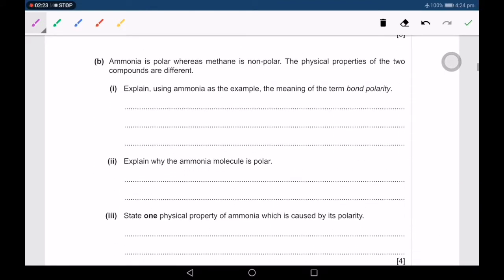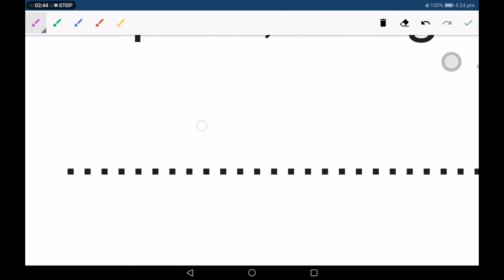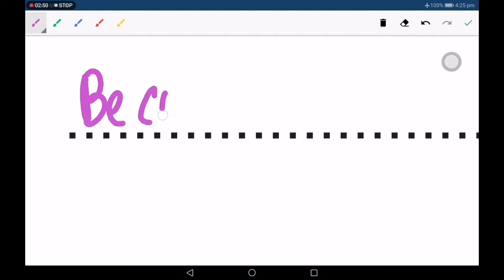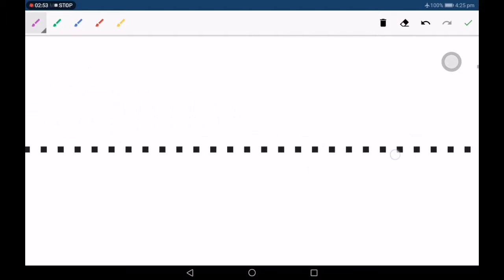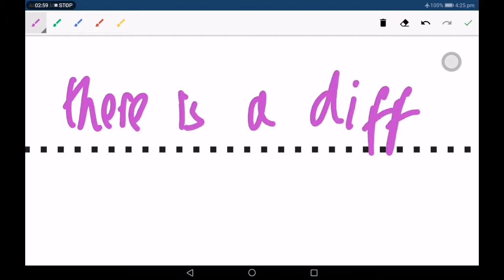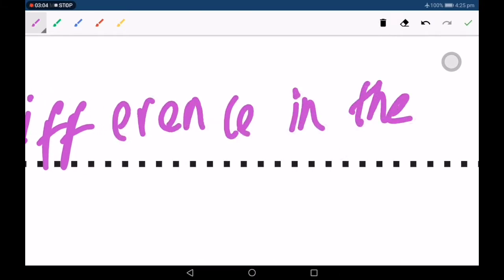Ammonia is polar, whereas methane is non-polar. The physical properties of the two compounds are different. Explain using ammonia as the example. The term polar. So you have to say why this polarity occurs, because of a change in electronegativity. So you must mention the cause, obviously: because there is a difference in the electronegativities